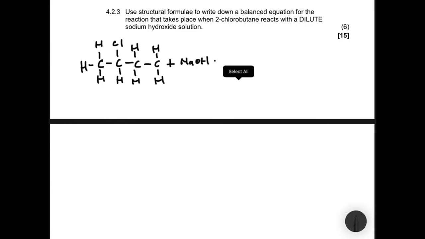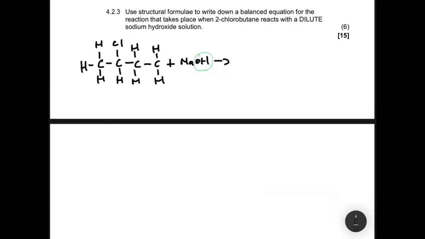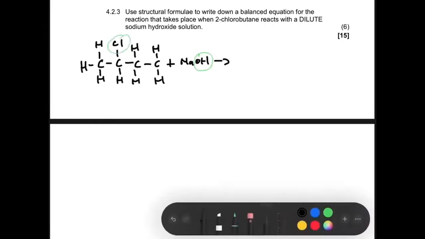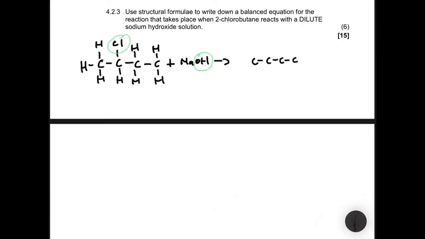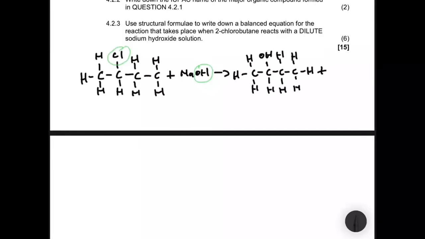NaOH, right? And this is going to give us, now the substitution happens, right? How does it happen? This OH here is going to replace the halogen Cl, right? So if that happens, we're going to get 4 carbons again, and then in place of the Cl, we have OH, right? Instead of a haloalkane, we now have an alcohol, right? And then we have a hydrogen, and then there goes another hydrogen. And then plus, we know that in a chemical reaction, whatever you have on the left, you should have on the right, right? So we're going to have NaCl